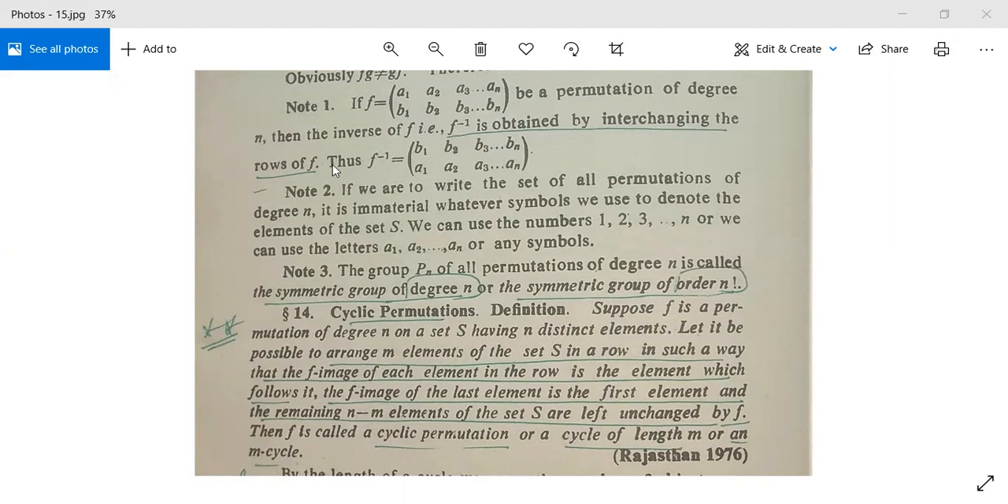Be a permutation of degree n, then the inverse of f, that is f inverse, is obtained by interchanging the rows of f। खाली रोज को ऊपर नीचे कर देना है। Thus f inverse is equal to b1 b2 b3 so on bn and a1 a2 a3 so on an। So this will be your inverse of f।